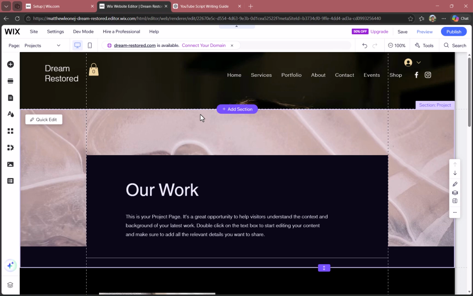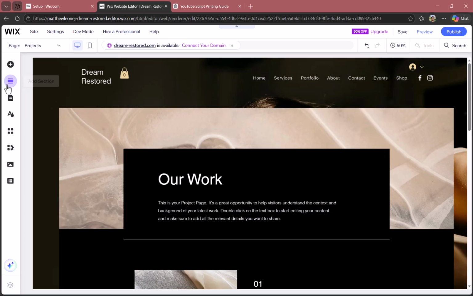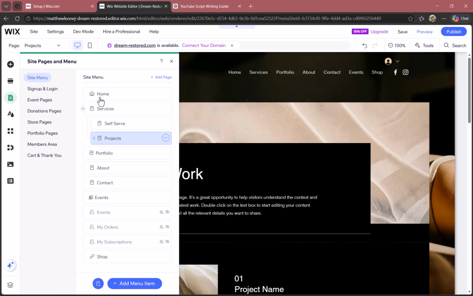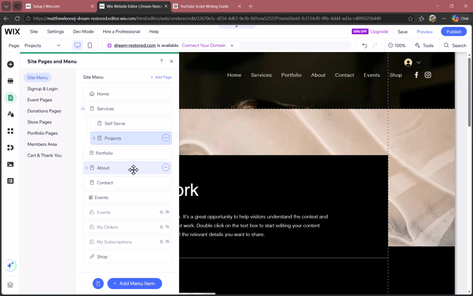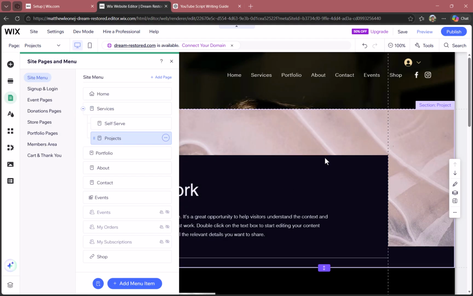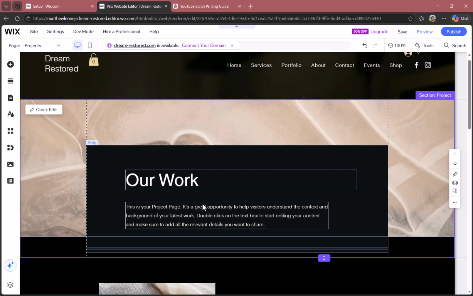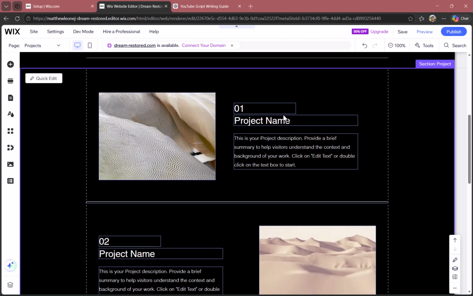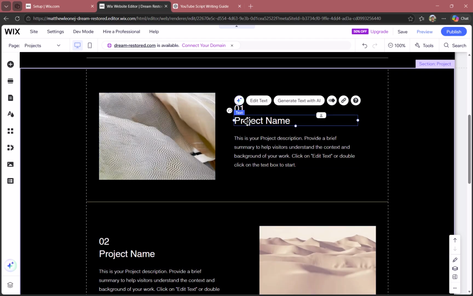So in order to customize your page, all you need to do is just locate the page you'd like to customize, head into the pages menu here, and you could simply find a page you'd like to edit. So let's say I want to edit my projects. All I need to do is click on it and it's going to showcase here. And then once you're on the projects page, just simply scroll through and then simply click on different elements inside of the